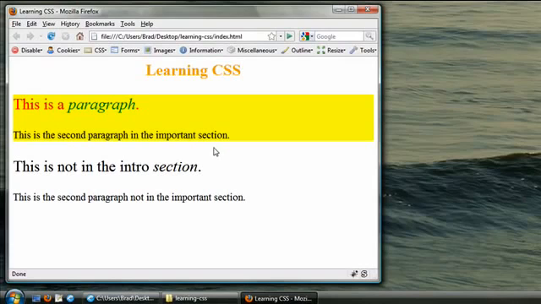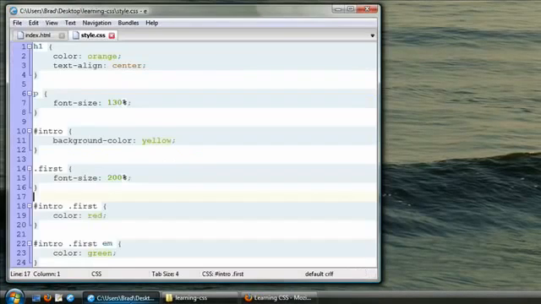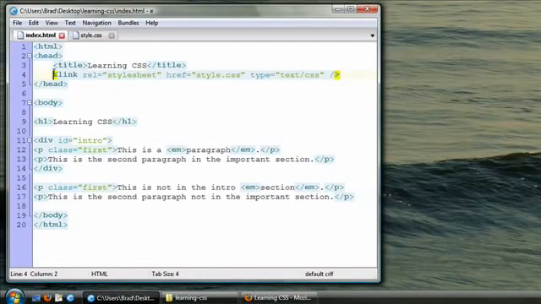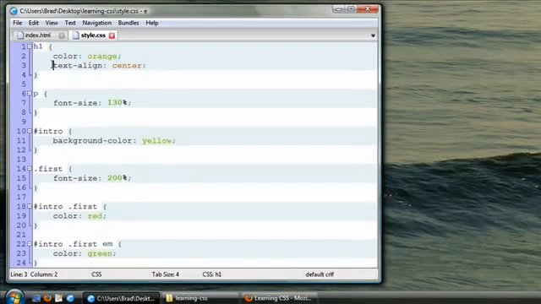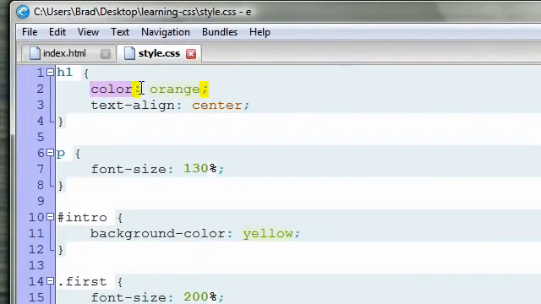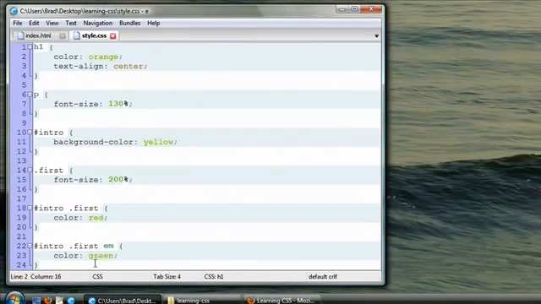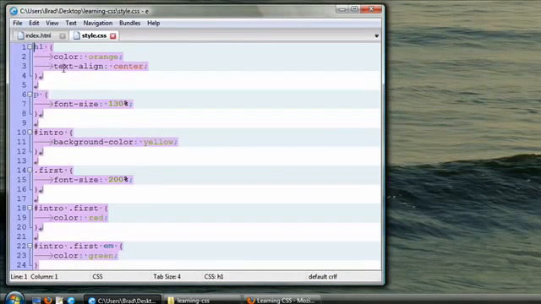And that's it for today's lesson. Let's do a quick recap. We learned how to link to an external style sheet. We learned the basic structure and syntax of CSS. A rule begins with a selector, a property, and a value. They create a declaration. You can string together as many as you want. Just add a semicolon in between. And you learned four of the most basic CSS selector types. So you can actually do quite